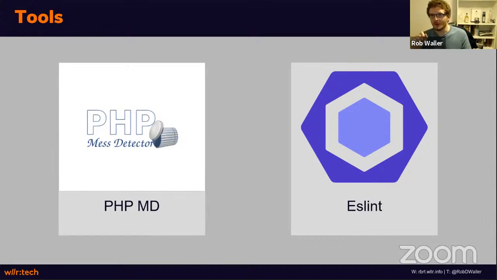ESLint is a bit more liberal. ESLint, I believe the default is at 20, or at least it was last time I checked. 20 is very high. If you've got a lot of methods breaching 20, you've got a real problem on your hands with complexity. You're going to have a tough time testing your code. So if you're using ESLint complexity scores, just have a quick check of the defaults and make sure they're set to about 10, somewhere between 5 and 10.